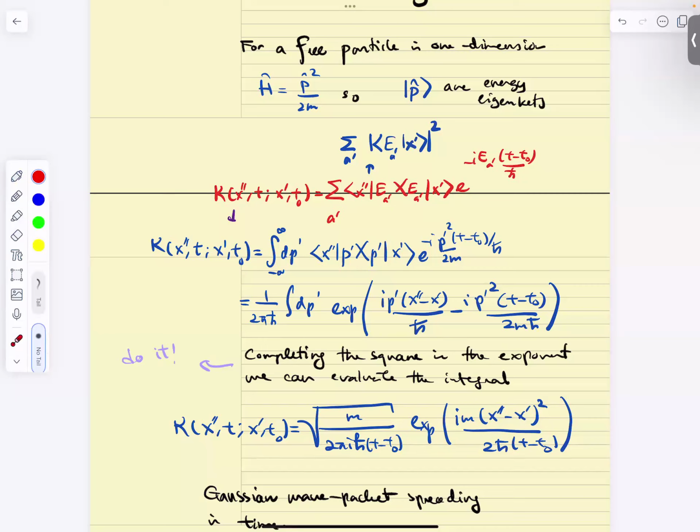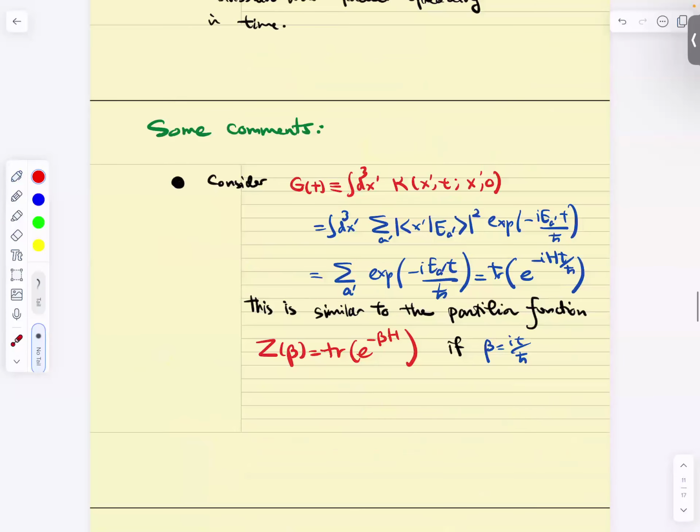This is the probability of some ket x prime to be an energy eigenket a prime, summed over all a prime. What is that? 1. Right? So that's just normalization of the wave function. That bit goes away. This bit goes away. And you're left with,